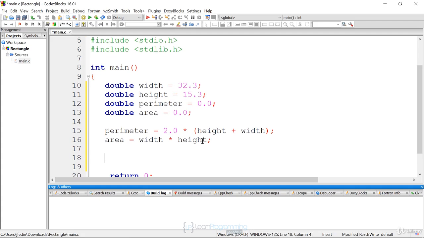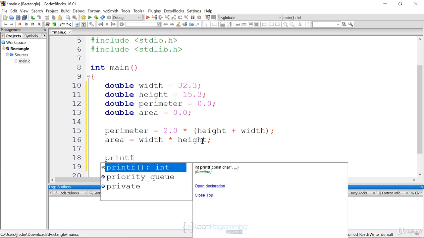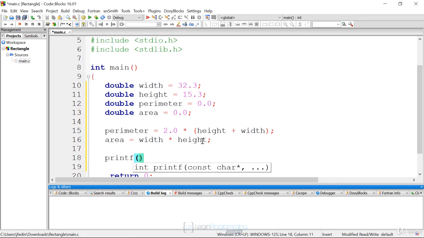The last thing I want to do in my program is display this output to see if it's correct. I can use the printf function to display output. And when I want to display the value of variables, I have to provide format specifiers. But remember, the printf function first takes this first argument. Anything inside double quotes will be displayed to the screen. So here, we could print out all three variables, or we could just print out the perimeter. Let's say perimeter